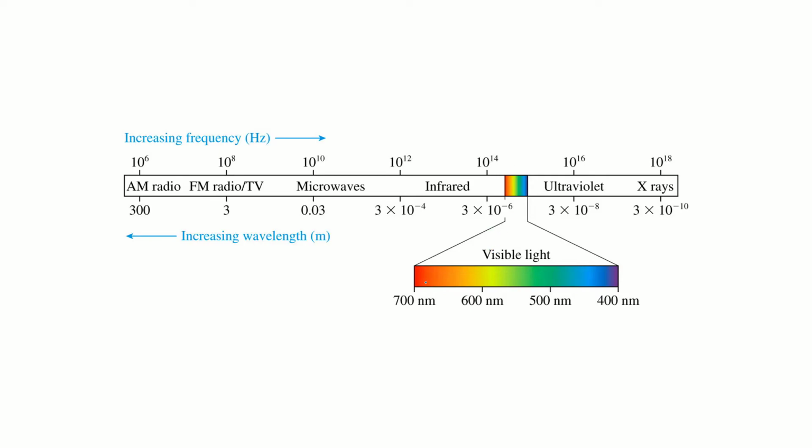Turns out human eyes are sensitive to light with a wavelength in about that region. You've seen rainbows before. That's essentially just light spanning that visible range. But the wavelengths of light can go from football fields, really long wavelengths, all the way to X-rays with extremely short wavelengths and different energies. And again, we use these sorts of electromagnetic radiation for various different things, from microwaves to radios to X-rays.